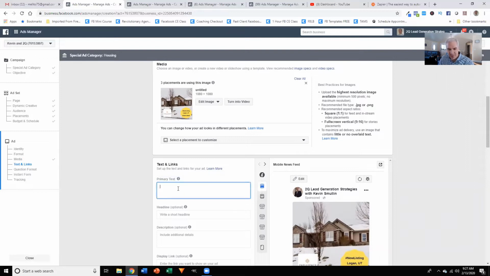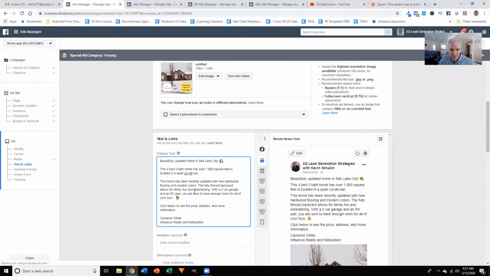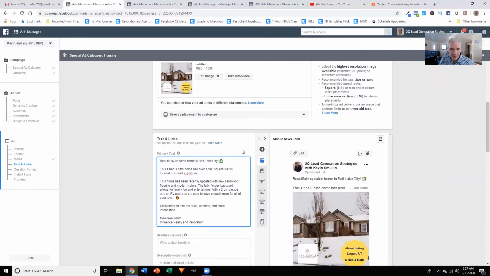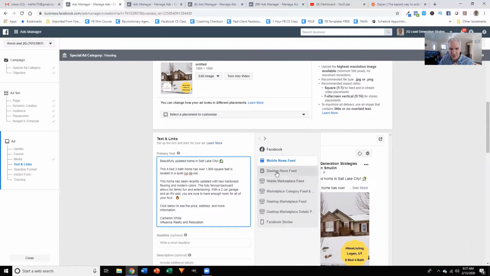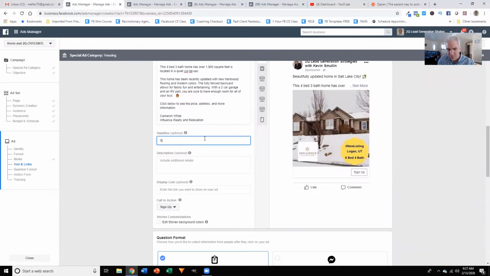With the text, I've already copied the text. This is kind of an example of what we do. So it's enough information to get them excited about the home, but then our call to action is click below to see the price, the address, and more information. I put a couple of emojis in there just so that the post will capture people's attention as they're scrolling through. And then for the headline, I just put